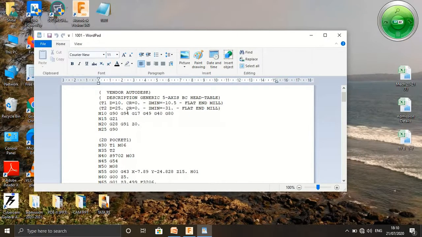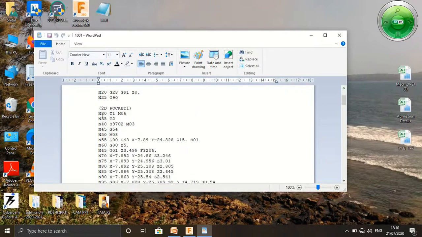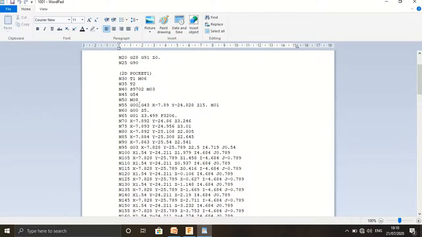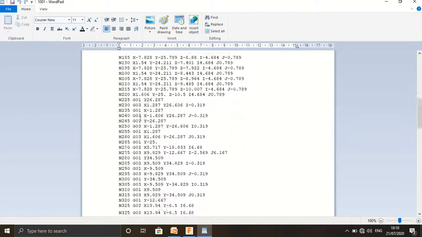So this is the code generated for the machine. Initially 1001, the machine vendor is Autodesk. Details are given for tool 1 and tool 2, the diameter, and the flat end mill cutter, and the XYZ coordinates, which are the tool movement.